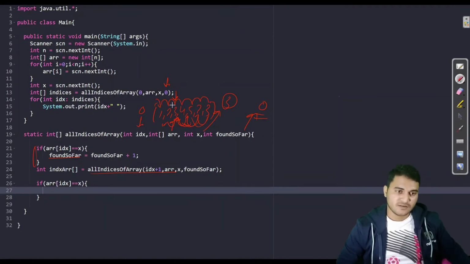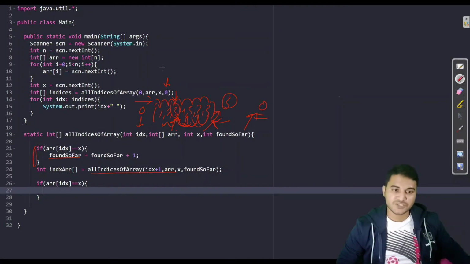This statement might be wrong, but in this case we have this statement true. So this element will be visited twice. Why? Because one is while going deep into this array, and one is when we are coming back from the deep of the array. Fine. So while coming back from the array, if this element was equal to this, then you have to store the index for this element into your array.